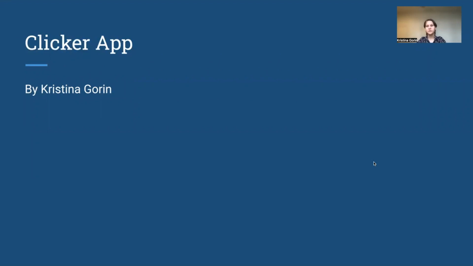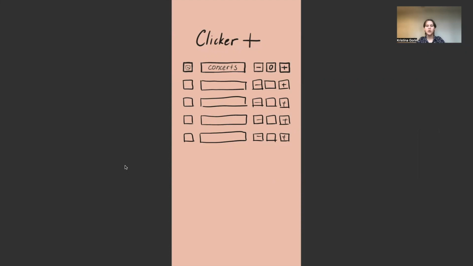My name is Kristina-Gorin, and today I'll be demonstrating an app that I invented and named Clicker. To start, let's look at some mockups that will be useful in understanding the functionality of this app, what it's supposed to do. So all this app does is it helps you to track things that otherwise might be challenging